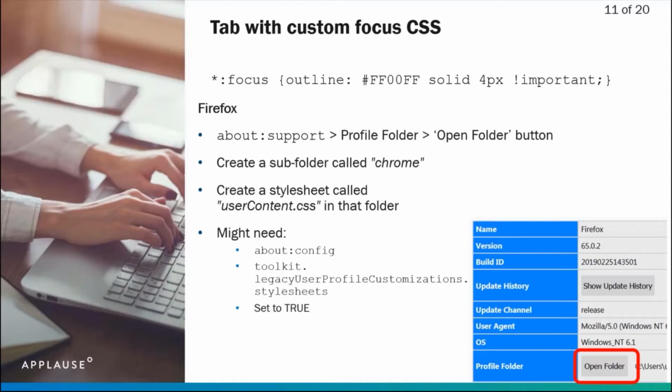With Firefox, which is what this slide is showing, there's actually 2 different things you can do. One is you can go into your profile folder, you create a Chrome subfolder, and the word Chrome here does not mean Chrome browser. It's kind of an older school word, Chrome meaning the decoration of a window. So you go into your profile folder, you create a Chrome subfolder, and then you put a CSS file in there called